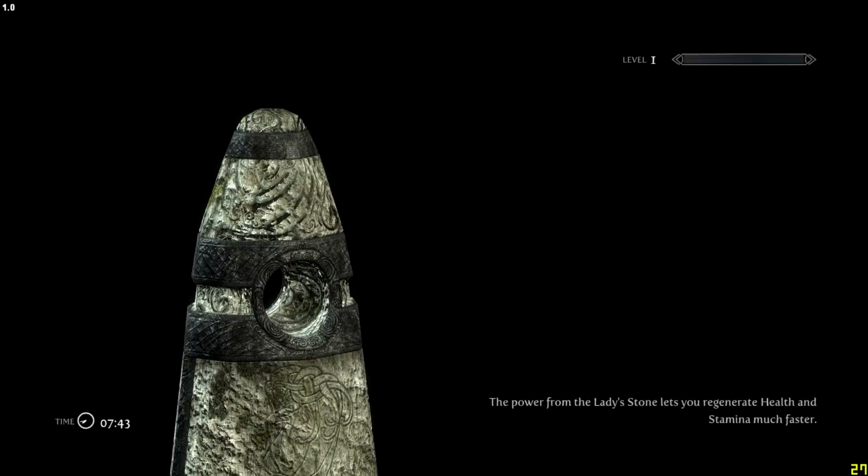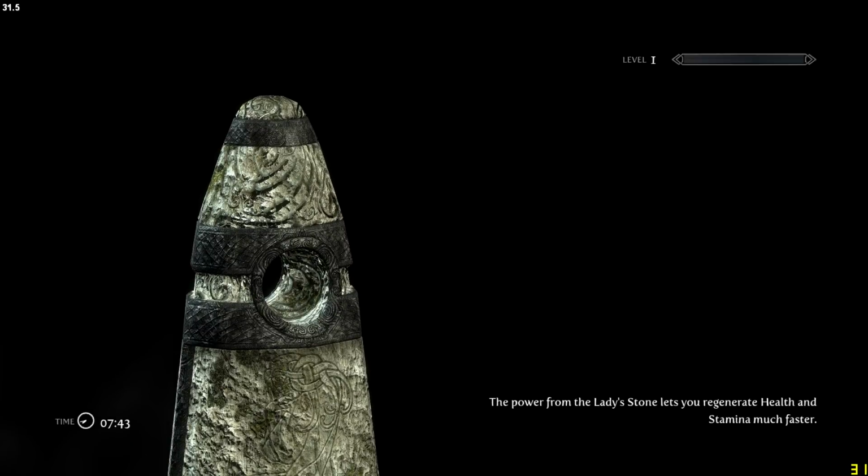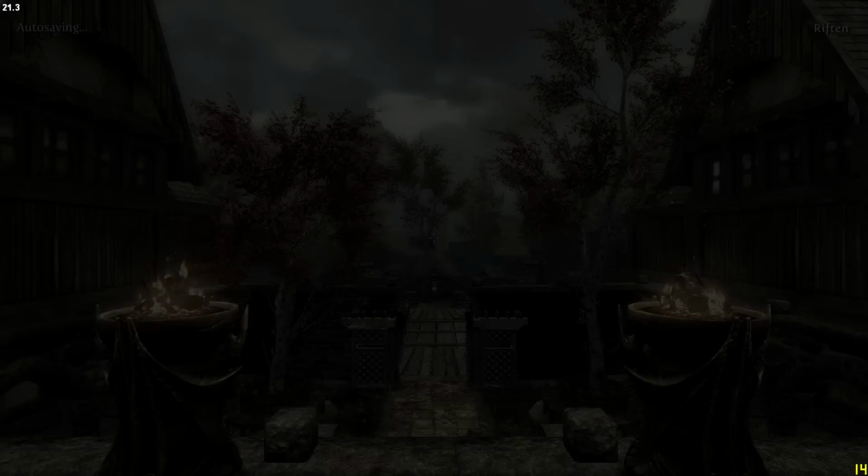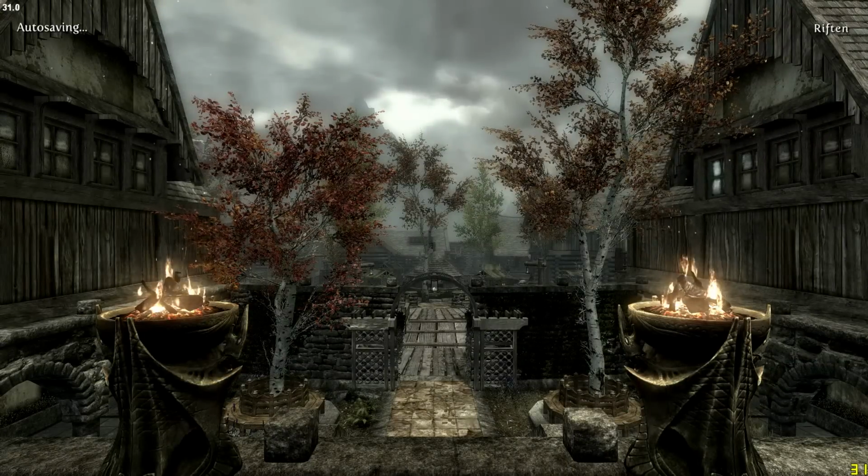For some reason, my game always does this in Riften. It always freezes for like 10 seconds whenever I leave a room. Alright, there we go. Alright, so Shift F12,